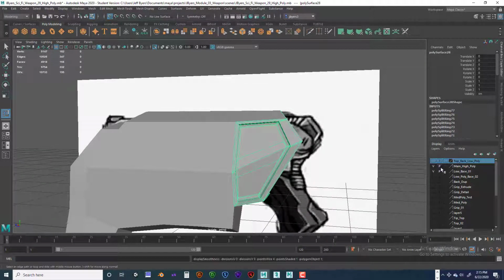Okay, one key, and then let's pop this back. Let's pop this into the main, right? Okay, we're adding to our high poly now. Add selected objects. Okay,